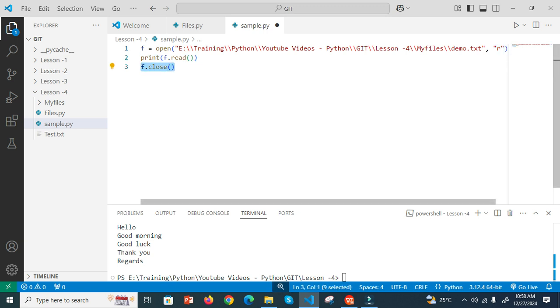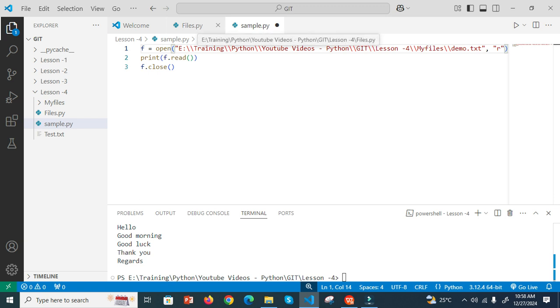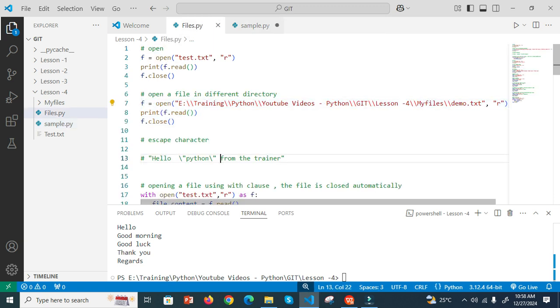Now one thing is, normally we give only one backslash, but what is two backslash? We call this an escape sequence. For example,